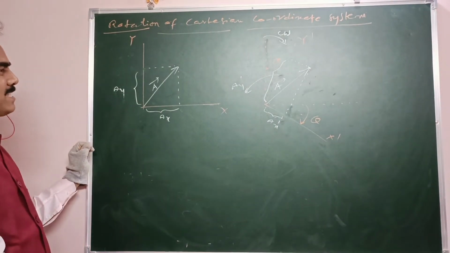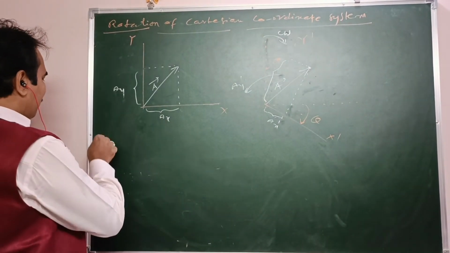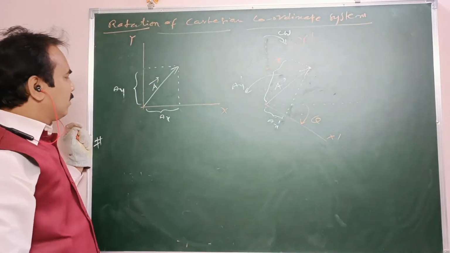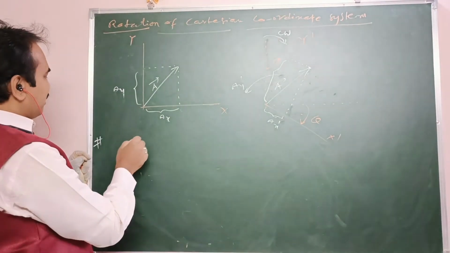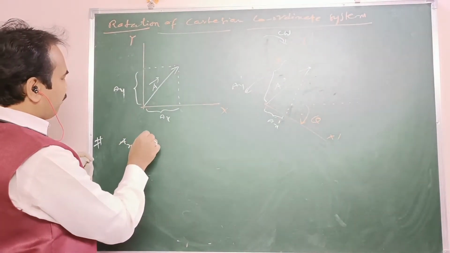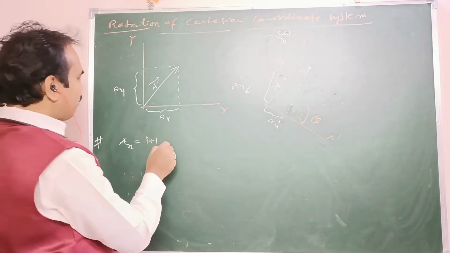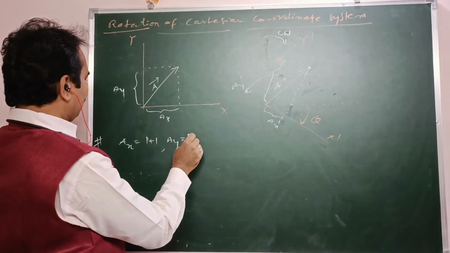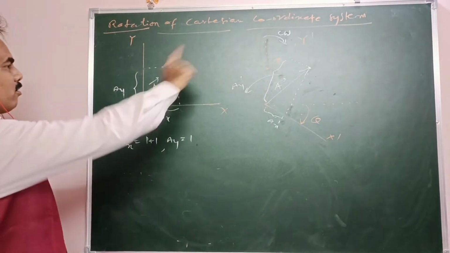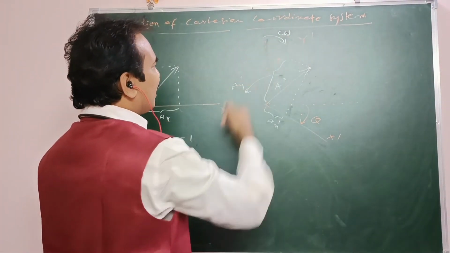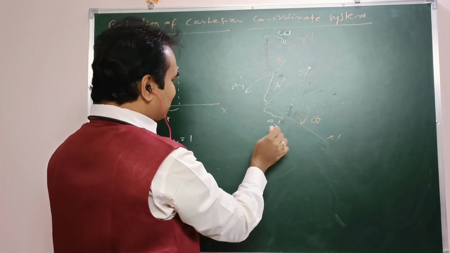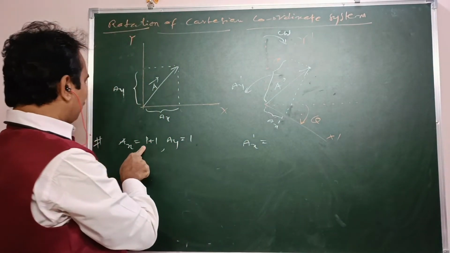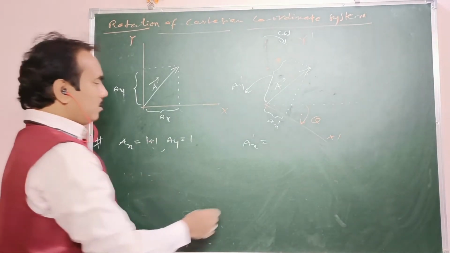Okay. As an example, for example on numerical, it is given that before rotation of Cartesian system, what about components here? Ax equal to p plus 1, for example. Ay equal to 1. After rotation through some angle as shown in diagram in clockwise, what about the new coordinates for the same vector? Ax dash equal to, decreases now. Previously p plus 1, now that is p.